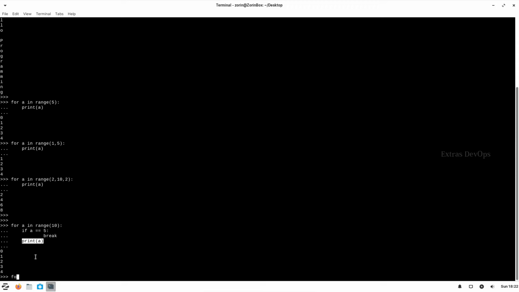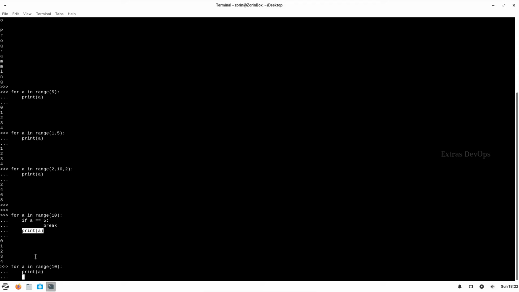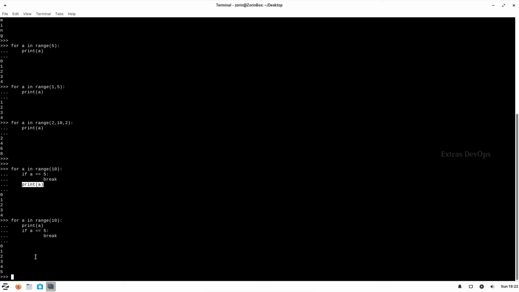So this can also be done like so. Now in this scenario 5 is printed here because we are first printing the item A, after that we are checking the condition. So we have to use the break statement appropriately depending on the scenario we want, whether to break before printing or processing the item, or whether to break after processing the item.